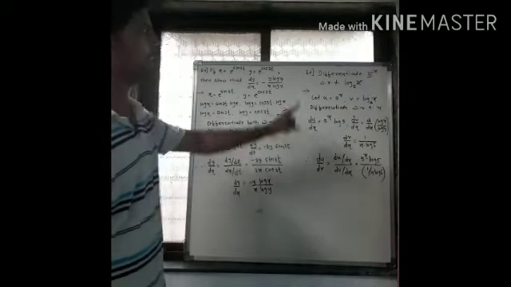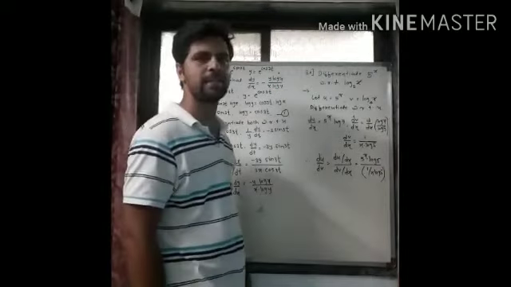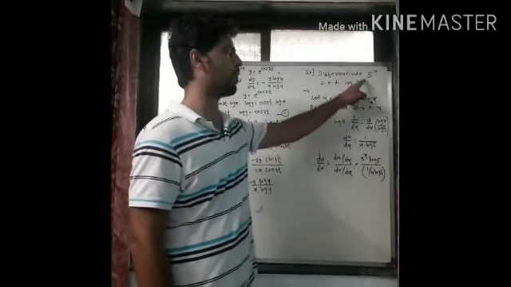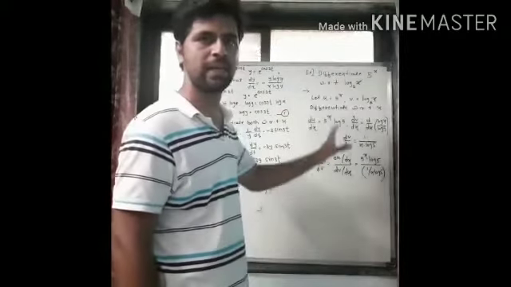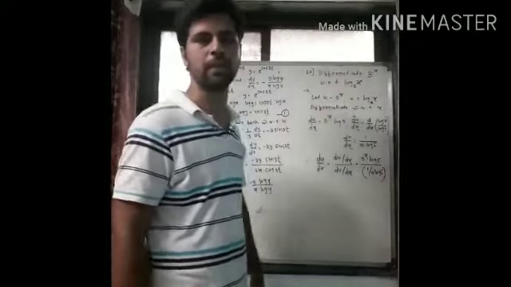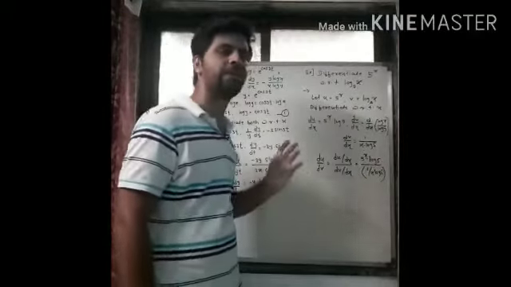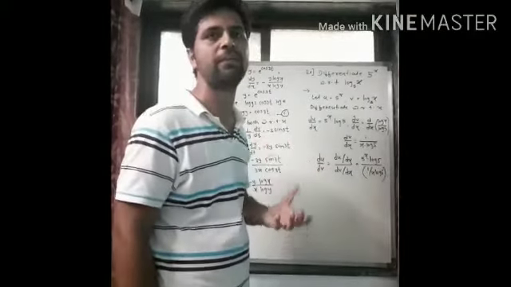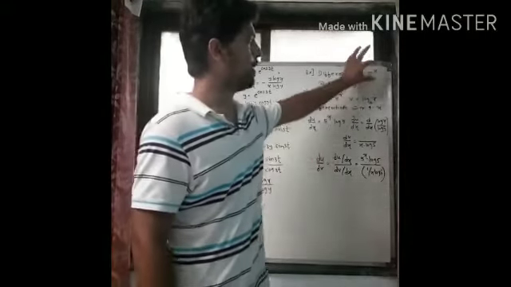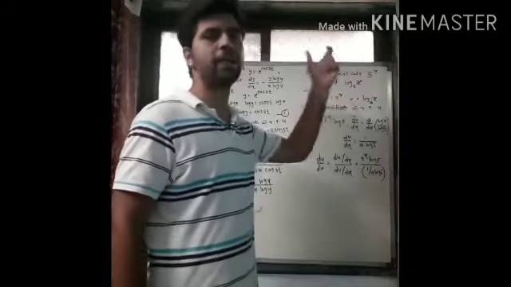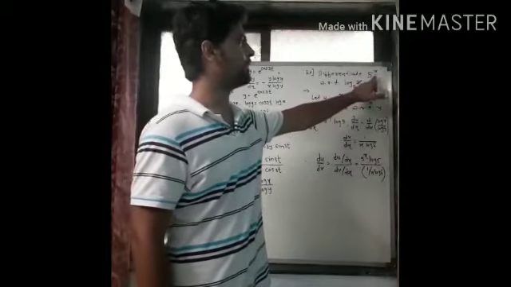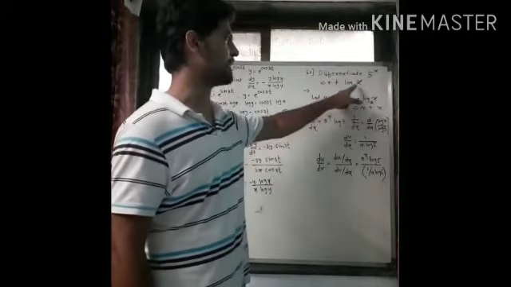Okay. Now similarly, see the next example. Differentiate 5 raised to x with respect to log x to the base 5. This is a slightly different example. We have to differentiate one function with respect to another function. Before this we have seen differentiating a function with respect to t, with respect to u, with respect to x, or with respect to theta. But here we have to differentiate one function with respect to another function.